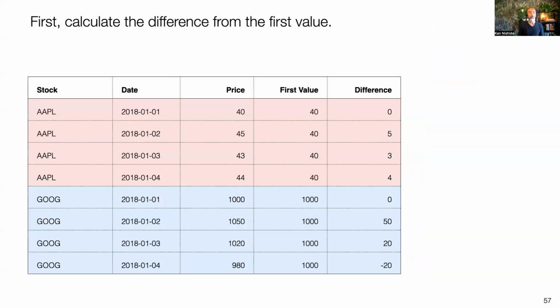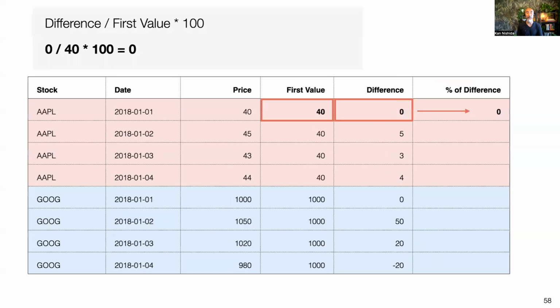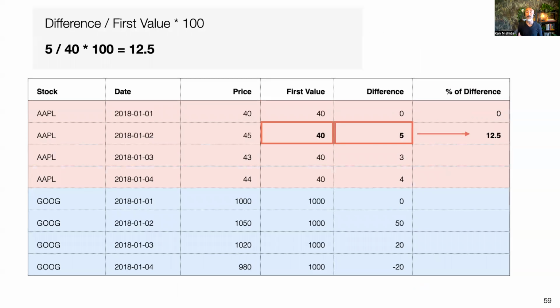So go back to that same table, we calculate the difference. Instead of visualizing these difference numbers themselves, we do the ratio calculation, which is basically the difference divided by the first value. So compared to the first value, how much did it grow? Okay, the first one is a 0, so it doesn't make much sense. But the second one, positive $5, it's not minus, it's a plus $5, but it started as $40. Okay, so 5 divided by 40 is